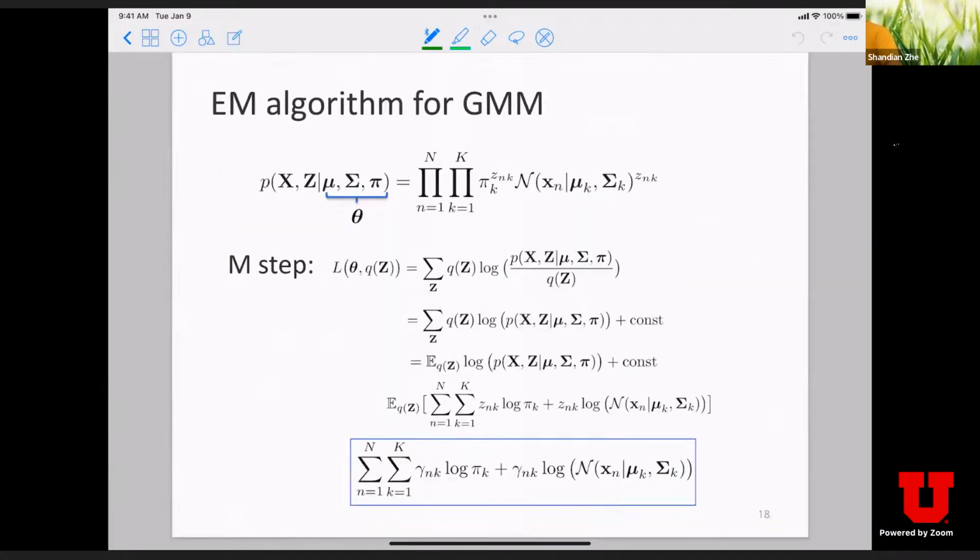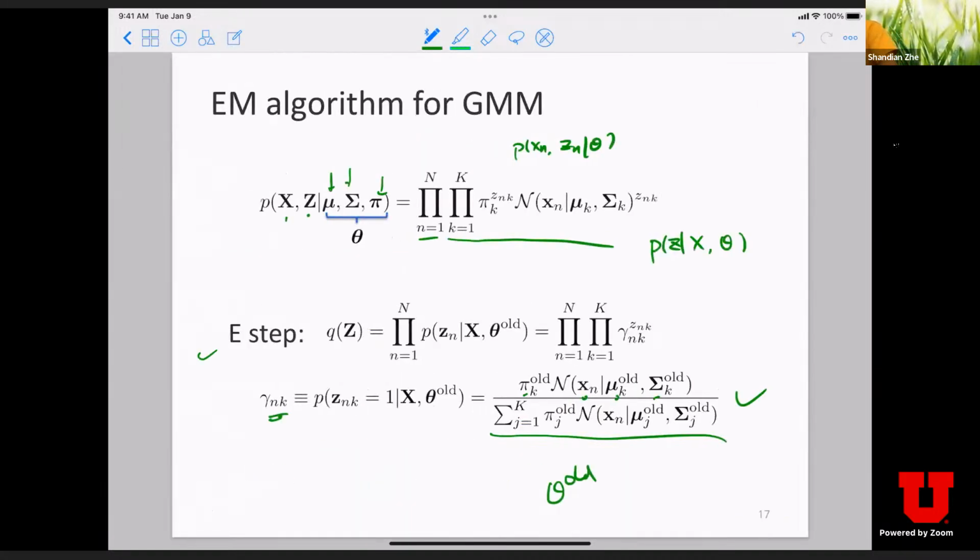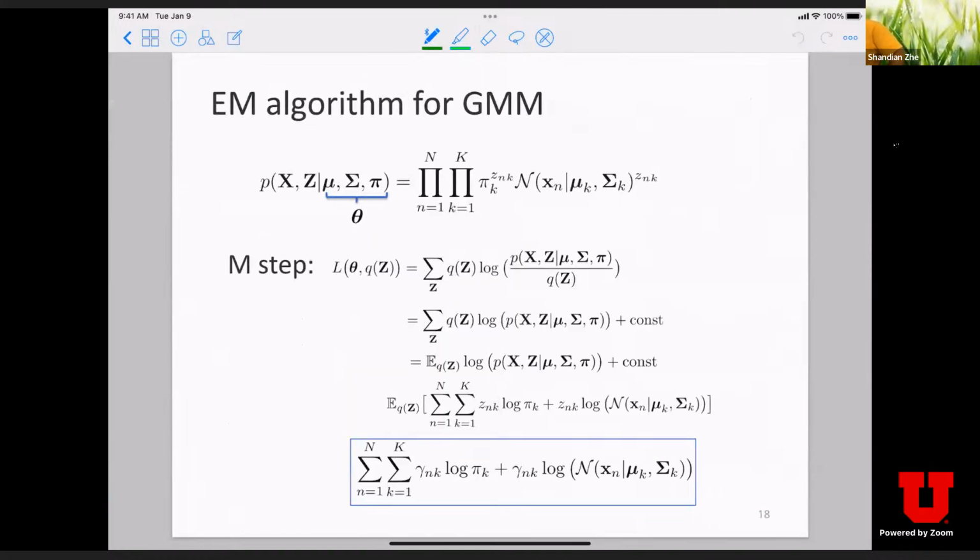And once we have the E step, that is the posterior probability of the cluster membership for every data point, we can use it. You can see that this is a categorical distribution. It goes through every data point, and for every data point it's categorical, and the parameters are just gamma nk. And in the M step, we're going to maximize